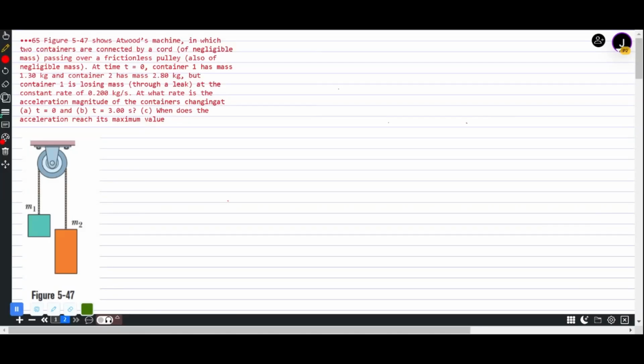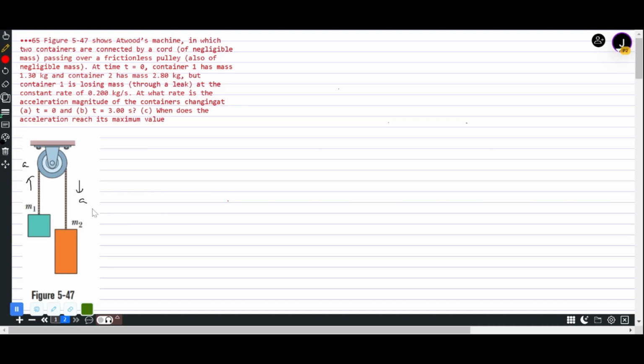Hi, this is a very interesting problem. It's called Atwood's machine, in which two containers are connected by a cord of negligible mass passing over a frictionless pulley. The moment you have friction or a pulley with a mass, you will have other forces getting involved. If it is a pulley with a mass, there will be a rotational motion for the pulley, and so other forces will get involved. So we always write,